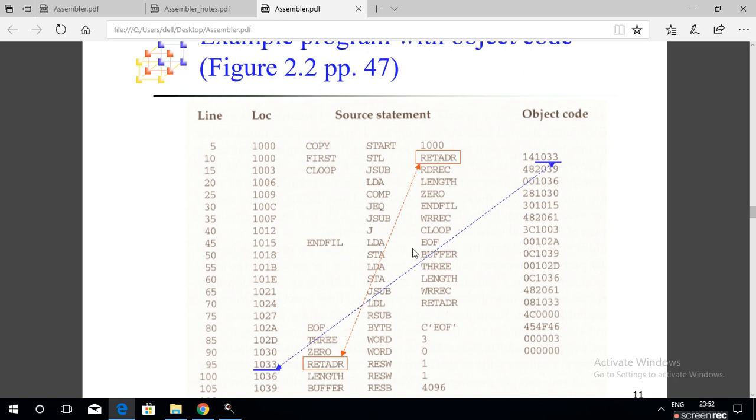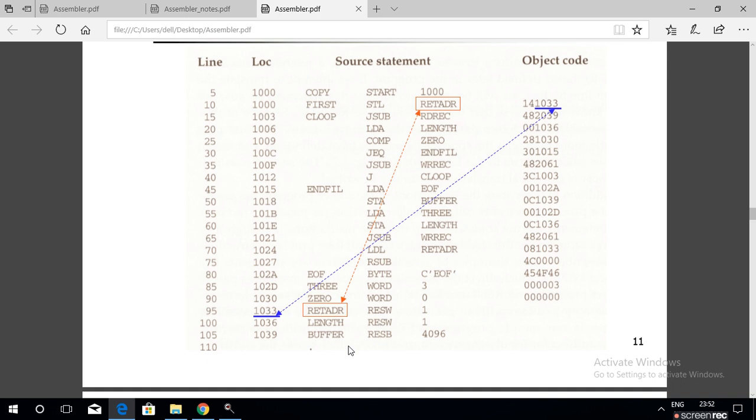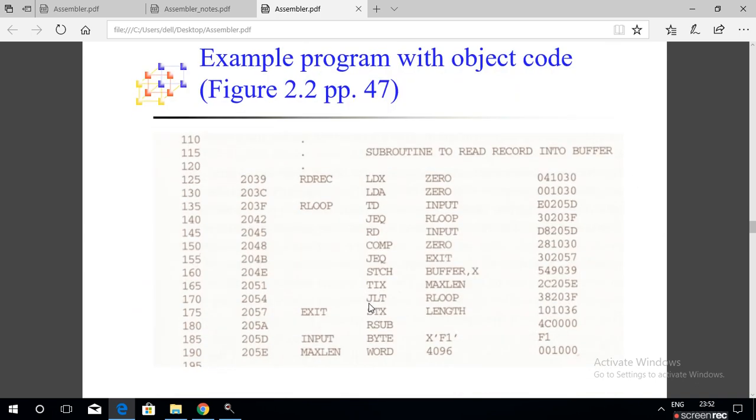Suppose the opcode is WORD, what do you have to do?